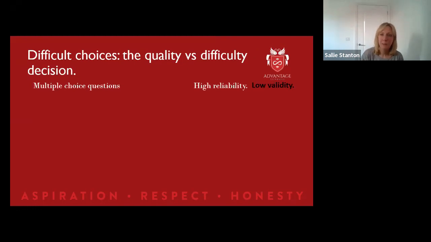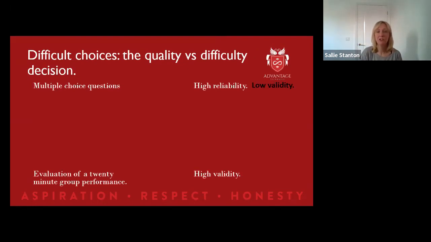Now she might be much happier because she feels she's actually judging students acting, based on seeing them act. But now she's got the other problem: she's moved into having a highly valid form of assessment. If you want to know if people can act, judge them acting. But it's really low in reliability, because the chance of two different teachers giving students exactly the same mark is really unlikely,